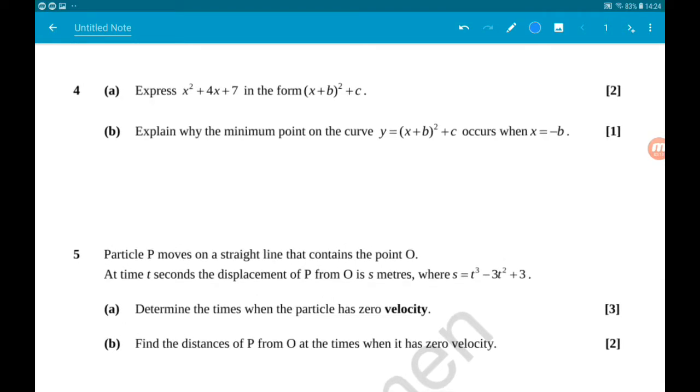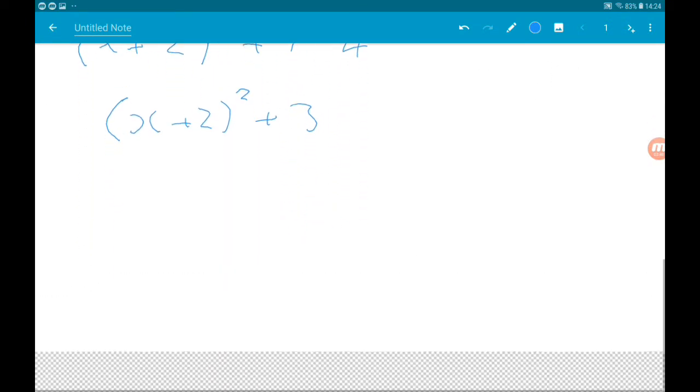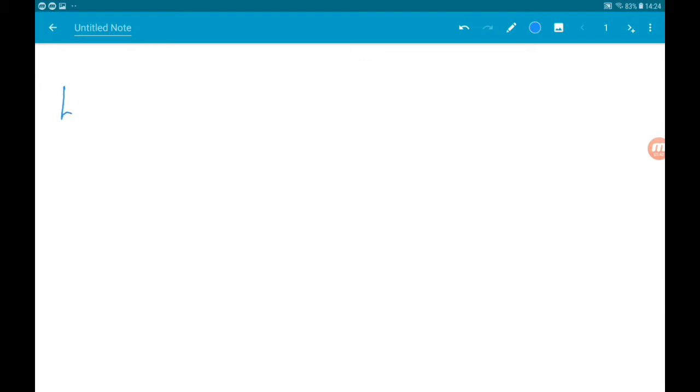Part B then wants us to explain why the minimum point on the curve y is equal to (x add b) squared add c occurs when x is equal to minus b. So, when y is equal to (x add b) squared add c,